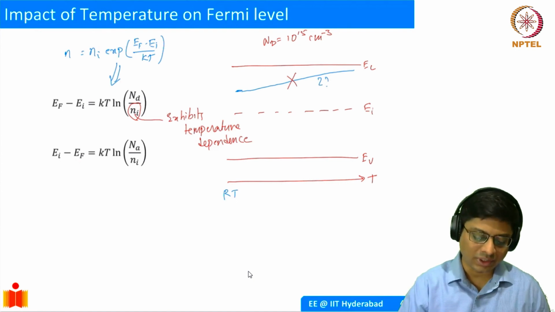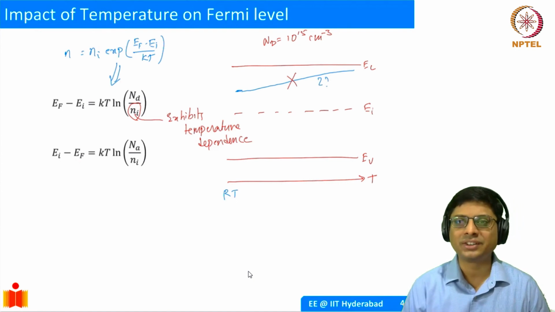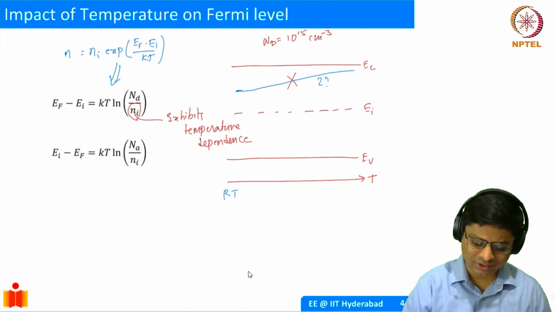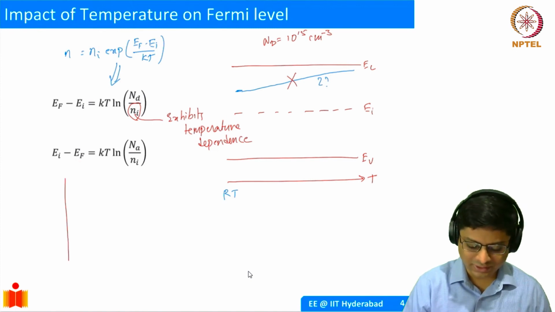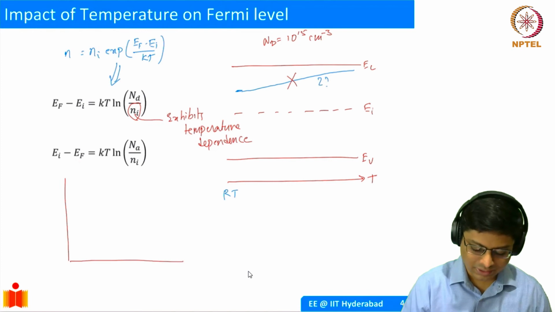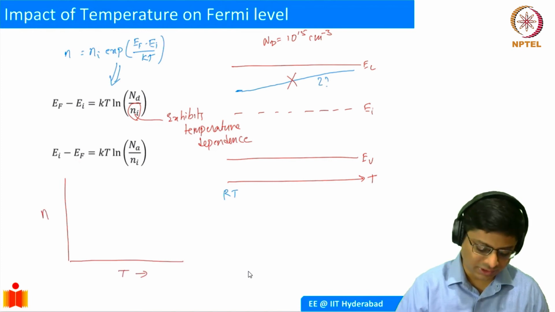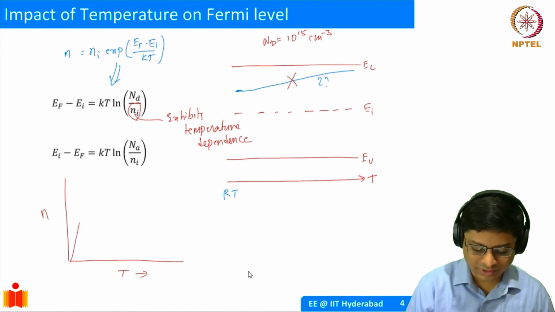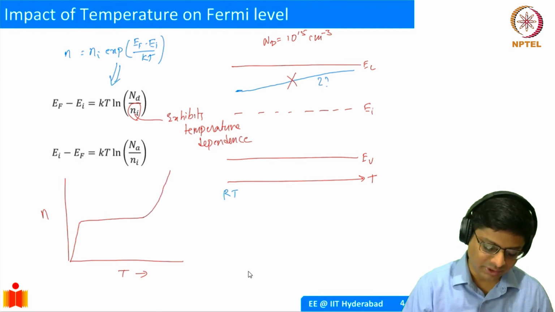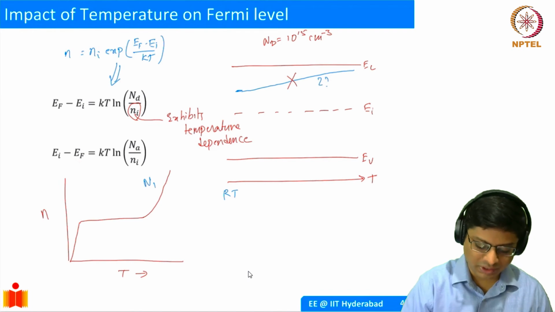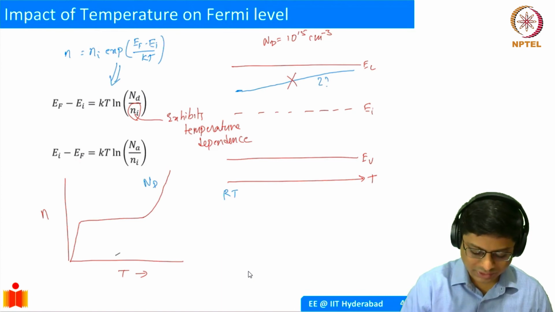Okay. So now, how does the temperature influence the doping density? We saw this in the last or the fourth lecture, I believe, wherein we said that if you have an extrinsic semiconductor, and this is your temperature, and this is your doping density, let's say electron density. So initially, you had the partial ionization regime, and then there is an extrinsic regime, and then there is an intrinsic regime. So this is for, let's say, ND doping. Okay, let's say some number. And correspondingly, you also have another curve, which was the intrinsic part.